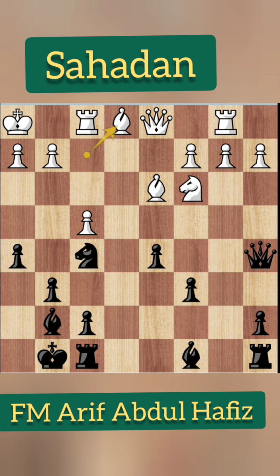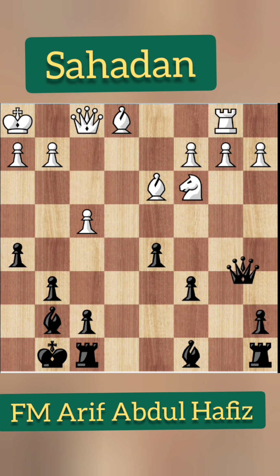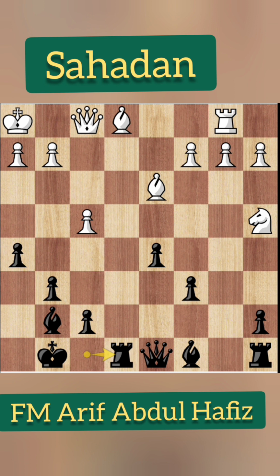Bishop e1 was played, and knight e3. And the game continued. Queen f3, knight takes f1, queen takes f1, queen d8, knight a4, rook e8,